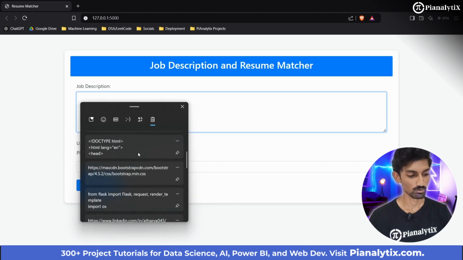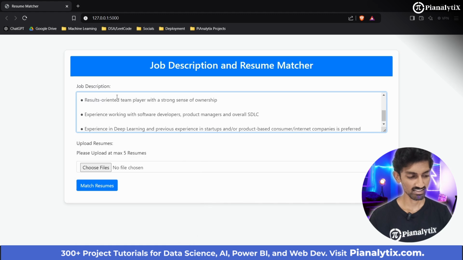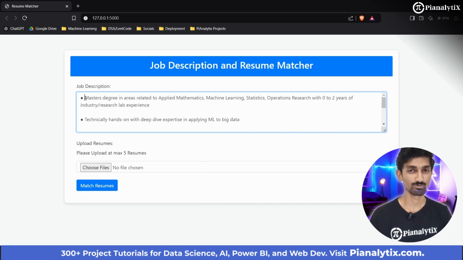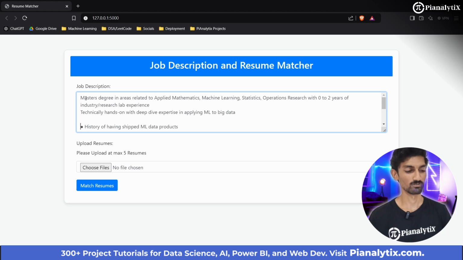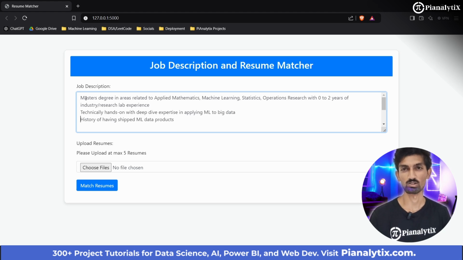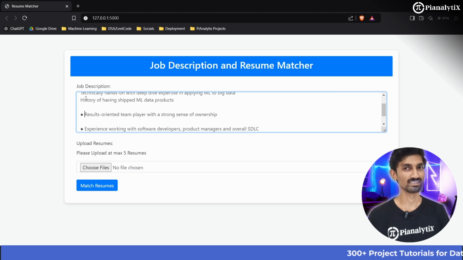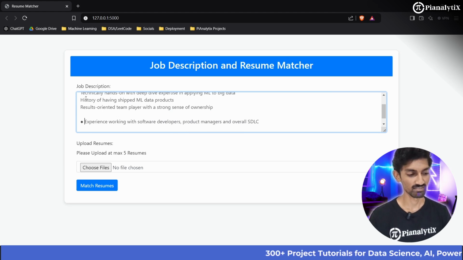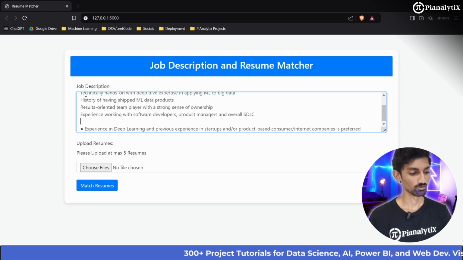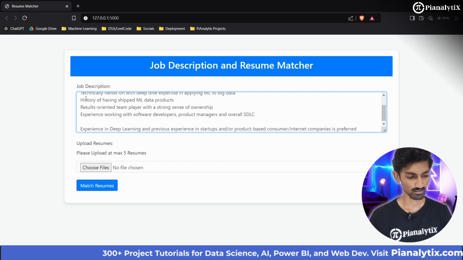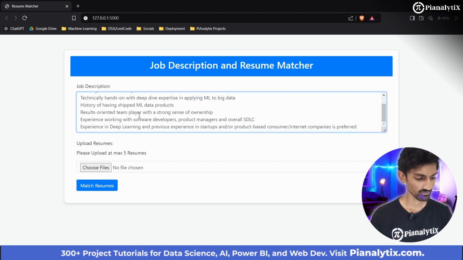Now let's provide all the resumes. As you can see, I have also sneaked in the teacher's resume. It doesn't matter. It will not be shown on the top 5 obviously because it's a teacher's resume and the job description is for the data scientist. Although let's see what happens. And also my main resume is there. So if you do open and then match resumes here, as you see,